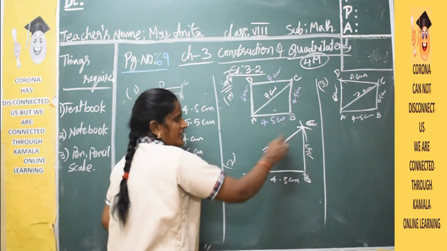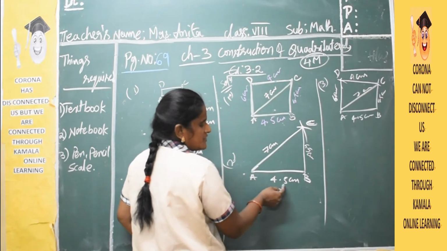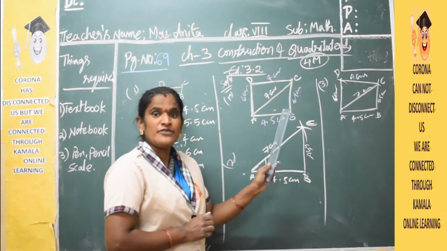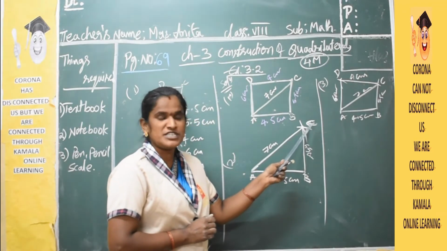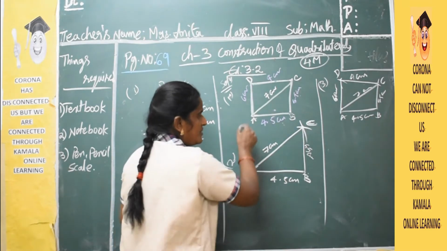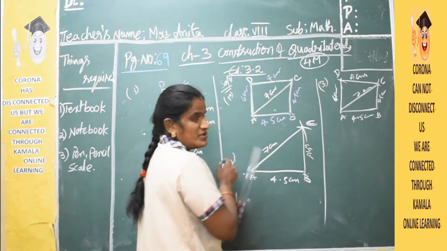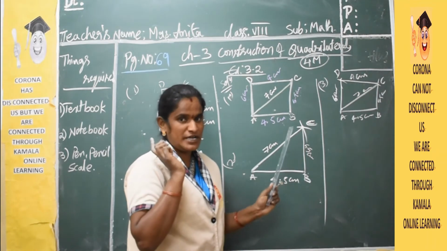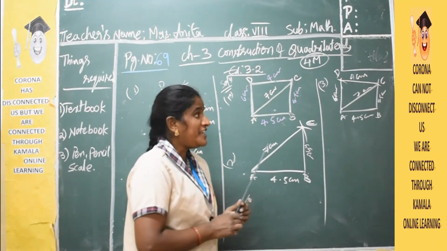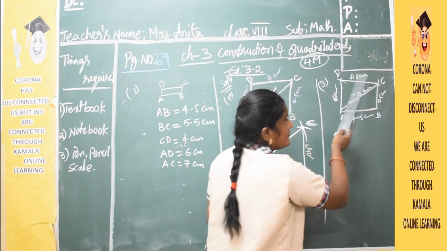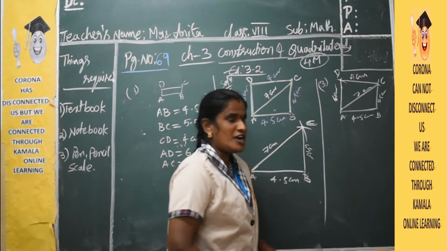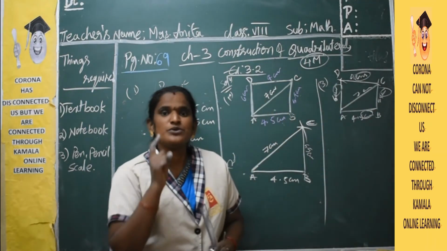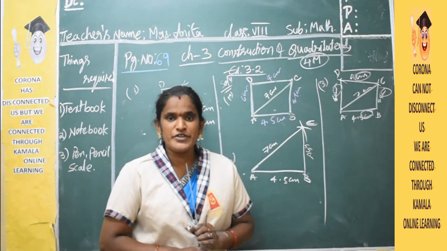Step 1. What did we do? Draw line segment AB, that is 4.5 centimeters. With A as a center and B as a center, we draw arcs which intersect at one place, represented by point C. At the same time, you have to write this in words also, children. For that they give 1.5 marks, so 2.5 marks. Next they will observe whether units are there, children, like 4.5 centimeters. If you do not mention these units, they will reduce 1 mark.